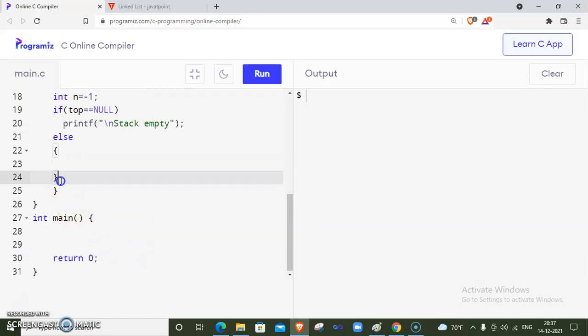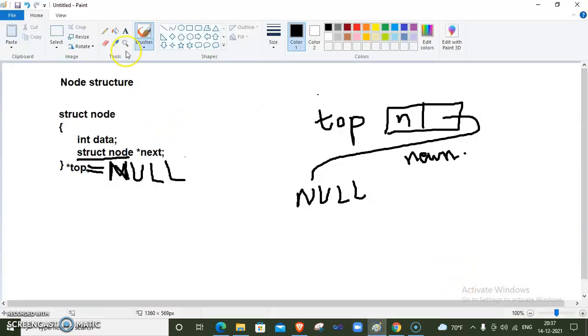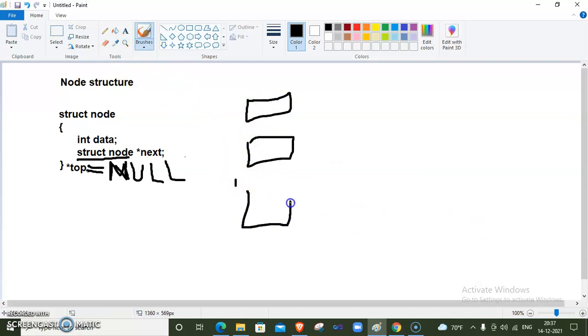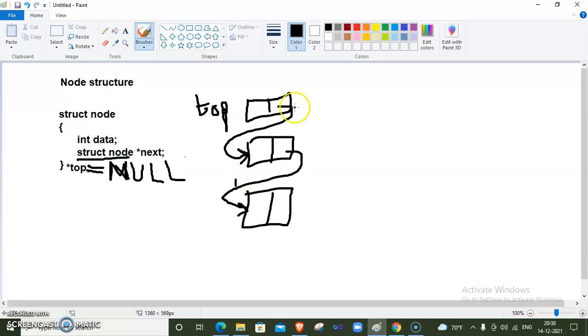Then what do we need to do here? See here. If there are some elements present inside the stack, and this is at top and we need to delete the topmost element, because this is a stack, which is LIFO, last in first out.